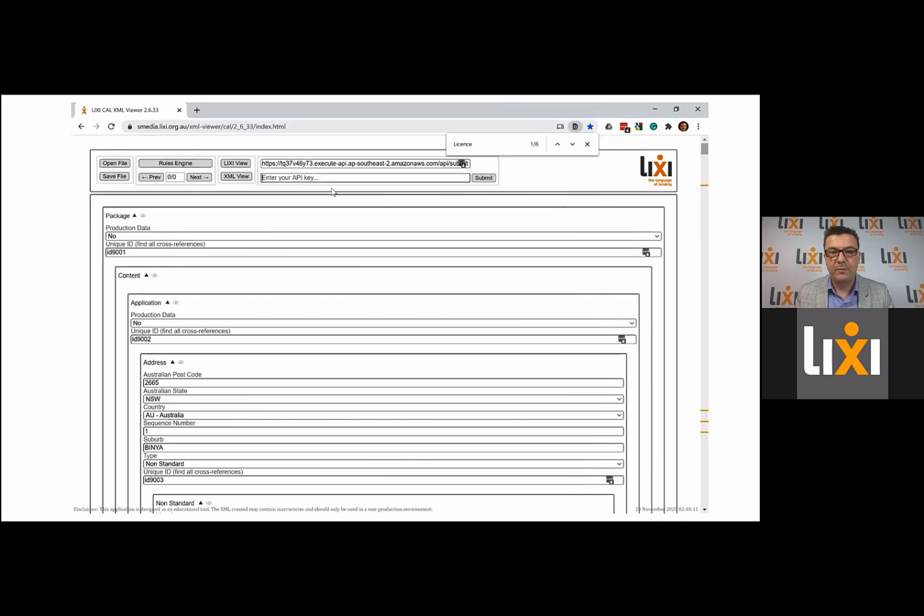Now, you notice this form also has embedded our demo API. We don't really have time to show that here today, but feel free to register for an API key on the website if you'd like to try it out.